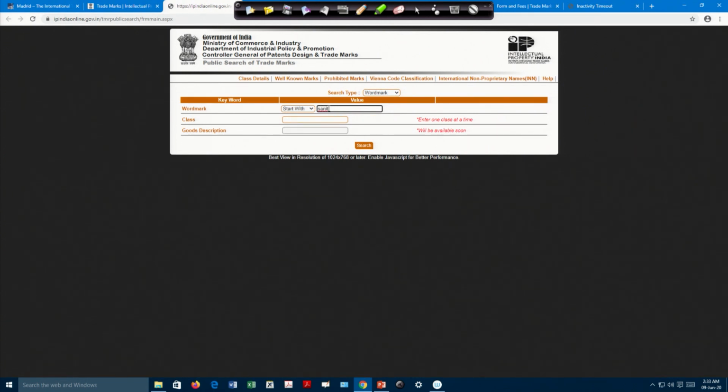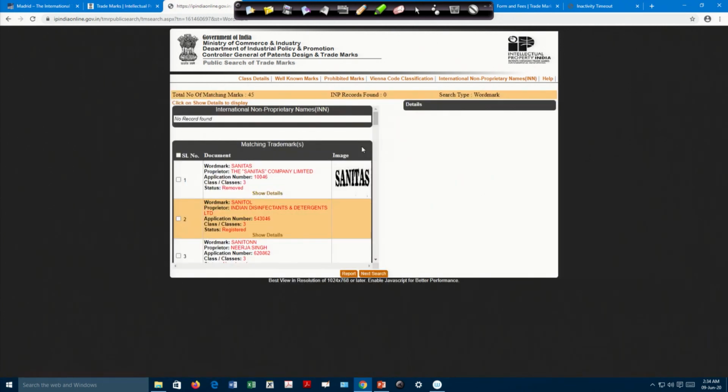Now, I will keep it as starts with, and suppose I put class 3, and do the search. This kind of window will open, and I come to know that okay, sanitas or sanitol or saniton, this kind of trademarks are all there. You can also see the status, whether it is removed or registered.